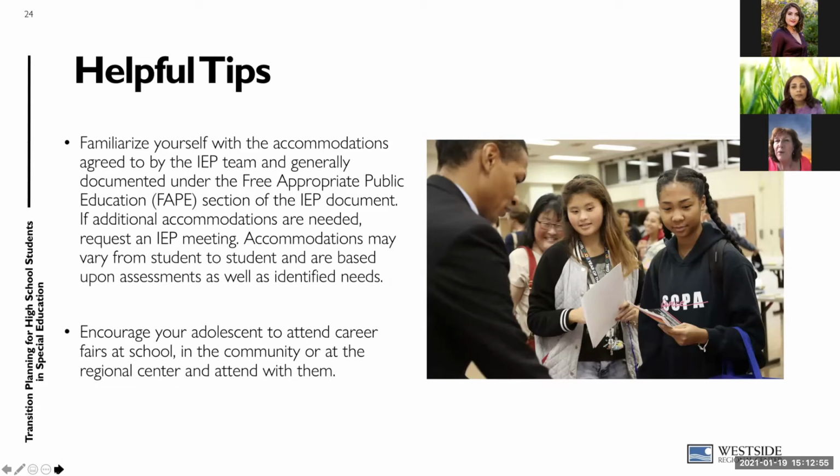The last part of the IEP or the ITP is called the FAPE offer, free and appropriate public education. Part of that FAPE offer is a list of the accommodations a student would need. It's very important that the student, the team, and the family get familiar with what these accommodations are. Besides information in their own language, would they need extra checklists? Would they need things printed for them? Would they need, like we said, an interpreter?